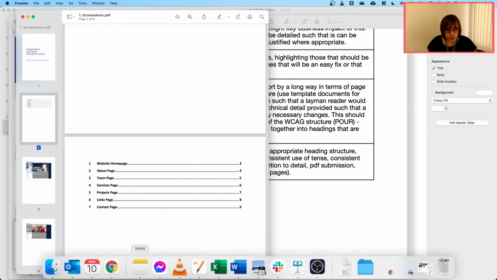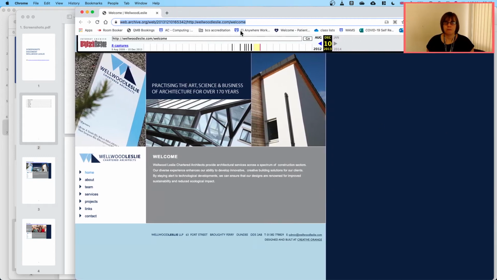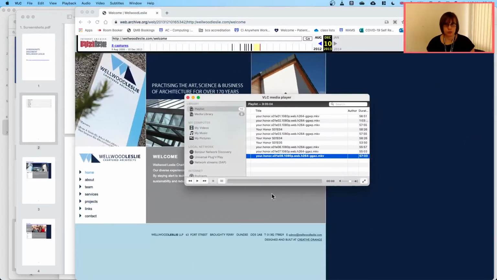So the page itself will look like this. Now, this is within the Wayback Machine. So we're only really interested in the actual website itself. Anything of this top part here that relates to the Wayback Machine, we're not interested in the accessibility of that. So there are a number of ways that I could approach this, and the best way to illustrate that is to use my